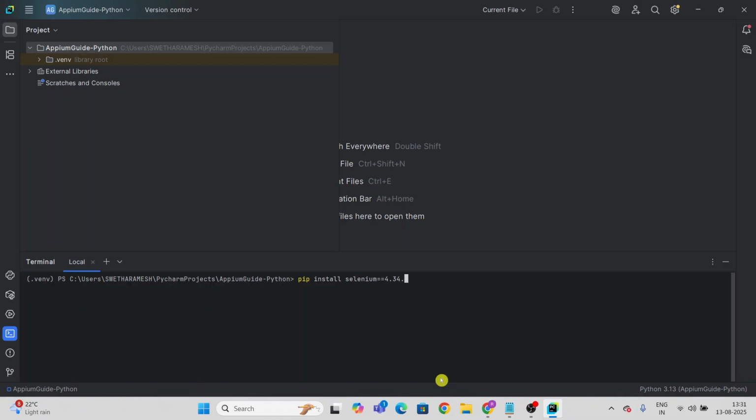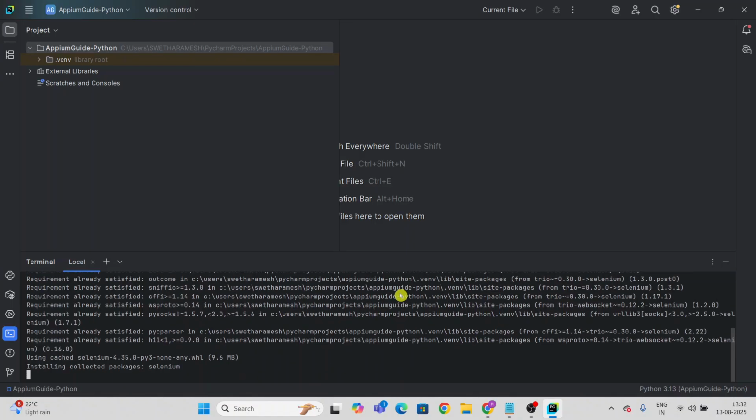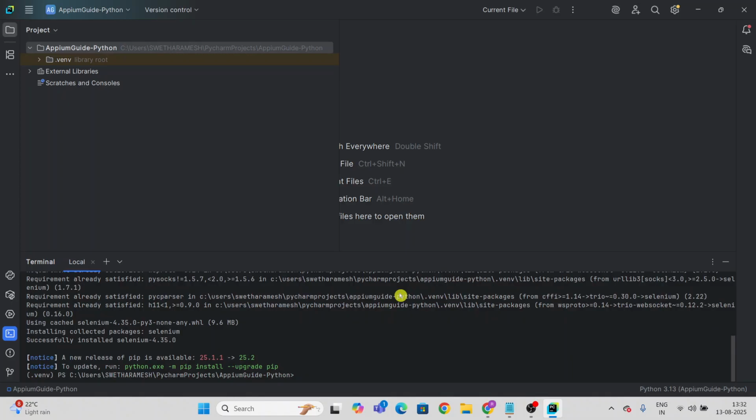Previously we had provided it like this, right? No need to provide it. If you want to install a specific version, then only you have to use double equal to and the version ID. If you remove this and just enter the command, that is pip space install space Selenium, automatically it will install the latest version. Okay, click on enter. So it will install the latest version if we do not provide any version ID here. Okay, you see it successfully installed Selenium